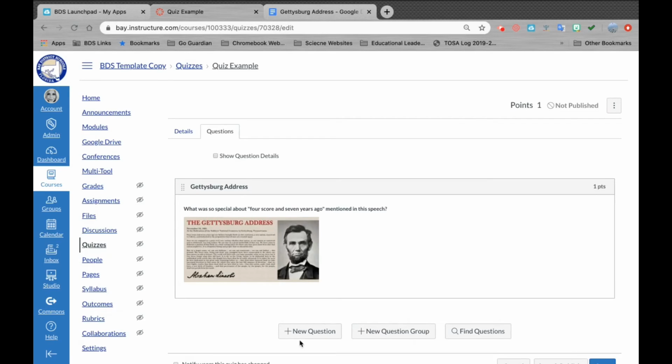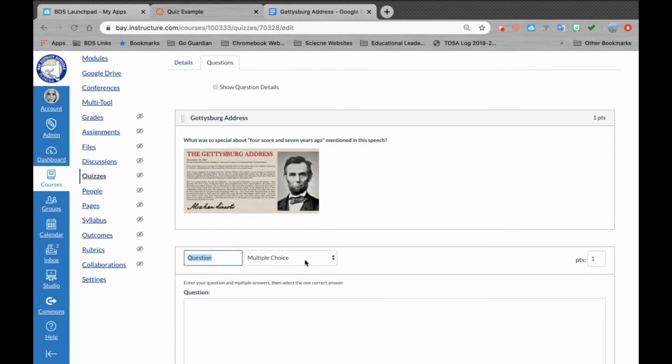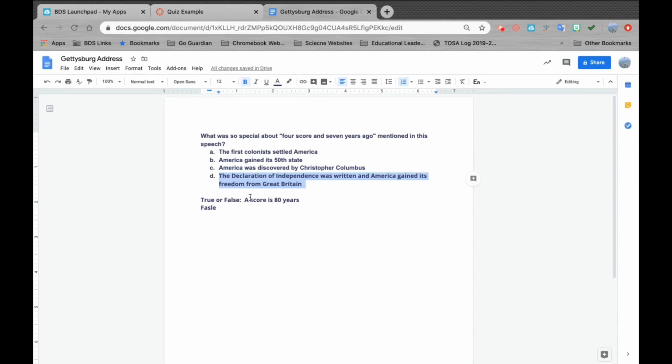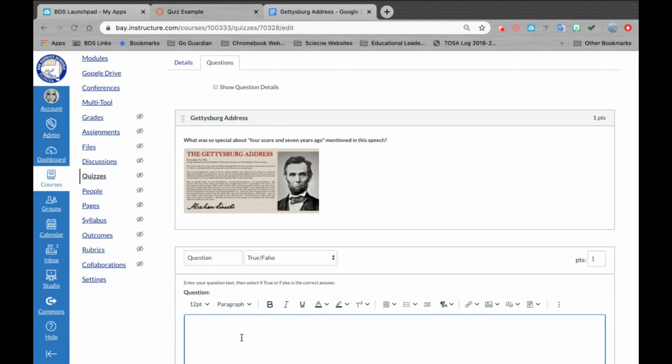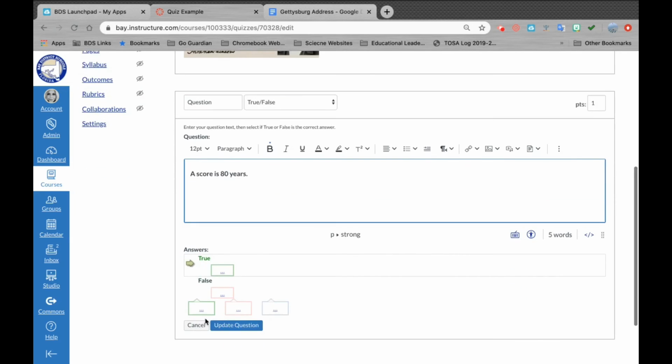I'm going to add a new question. And in this case, I'm going to do a true-false question. So from the drop-down menu, I'm going to select true-false. And I'm going to go back to my document here and copy and paste this question right here. So true or false, a score is 80 years. Okay, we do know that that is false. So I'm going to put my arrow